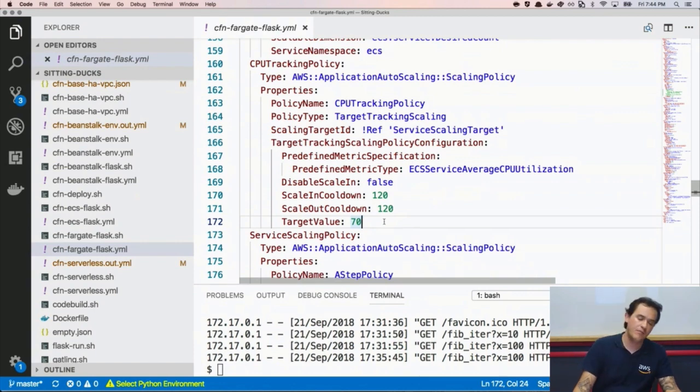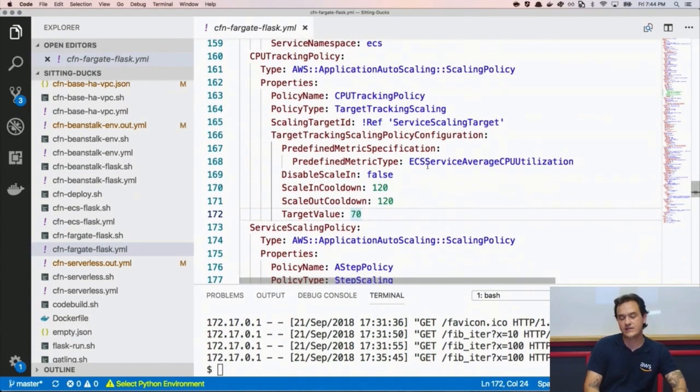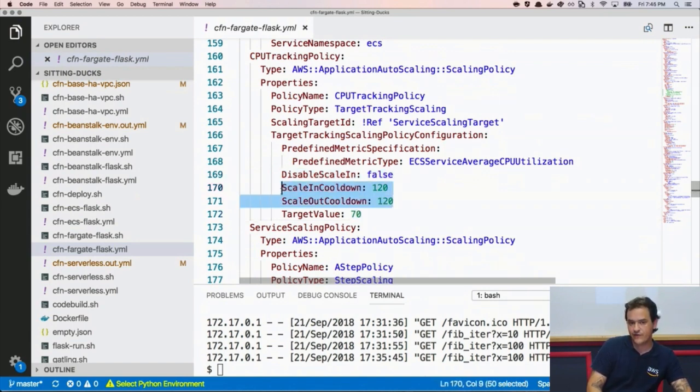If it's below this, it won't do anything. If it's above it, it will trigger our auto scaling policy to run again and increase the amount of tasks that we have to match,